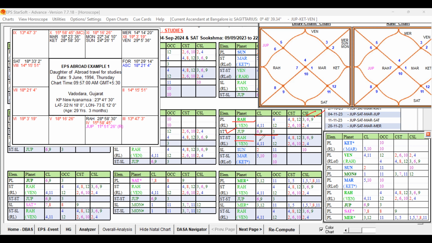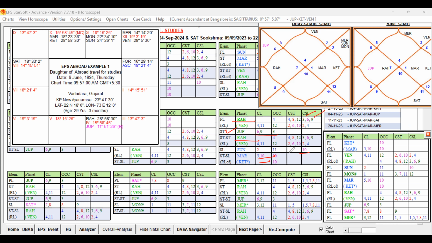12 level also Rahu, and sublord is Sun, which signifies 2, 11, and 10, and Mars is 5, 10, and 10. You see, up to this level, it is supportive for traveling abroad, and also supportive for the fourth house, which is connected. 4, 11 are supportive for the purpose of education. And the result planet is talking about 2, 11, 10. It is supportive for the profession. It indicates that long travel can support education, and finally also the job prospects.